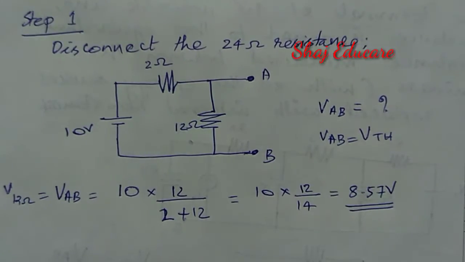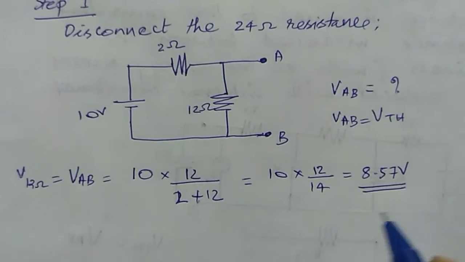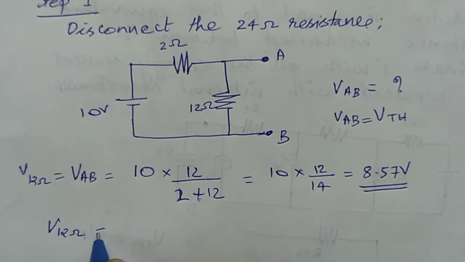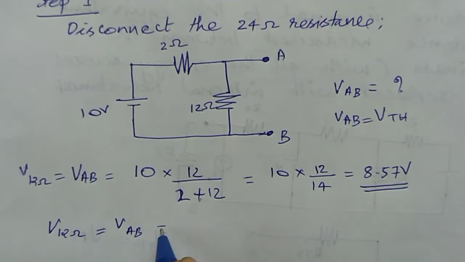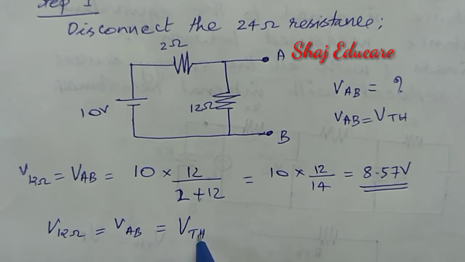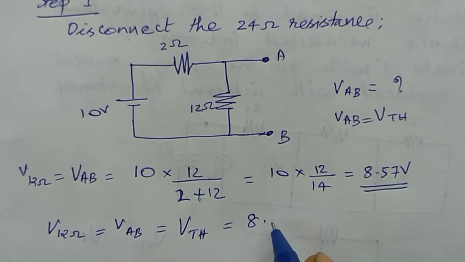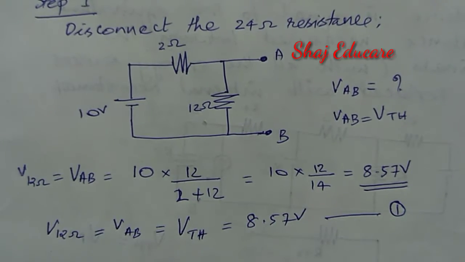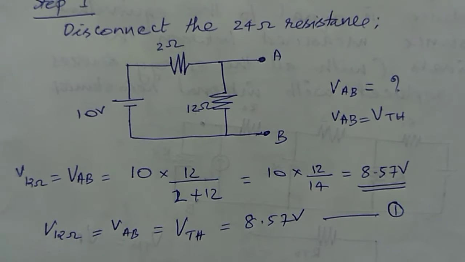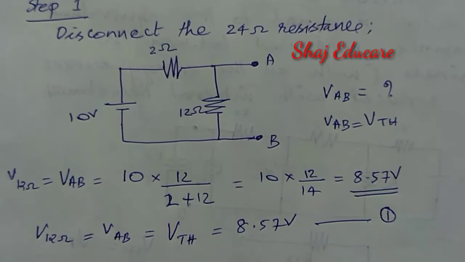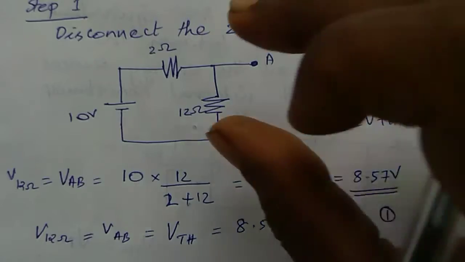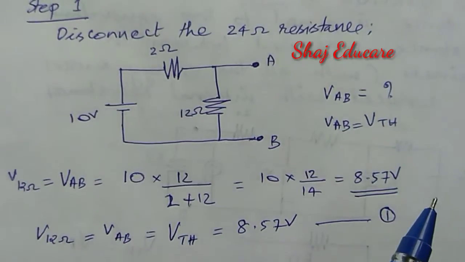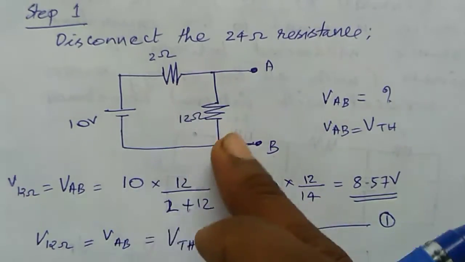8.57. Okay, right? Now one thing is over. We got V12 ohm, that is VAB, that is equal to VTH. VTH is equal to 8.57 volt. Let me mark it as equation 1, as we have to draw the Thevenin equivalent circuit for this network. Okay, right? The next step is